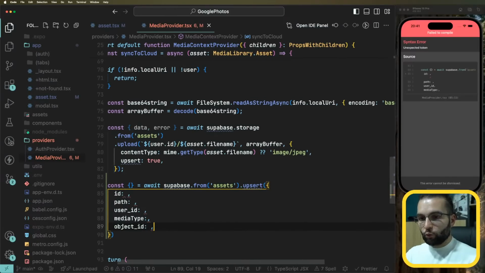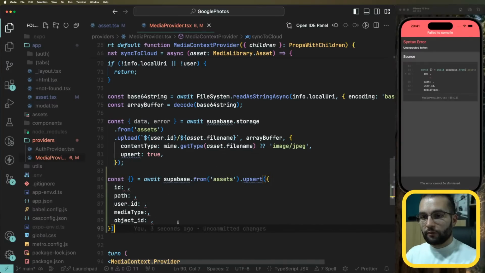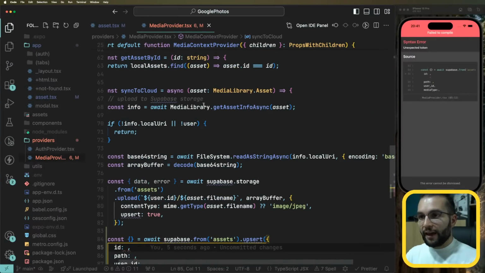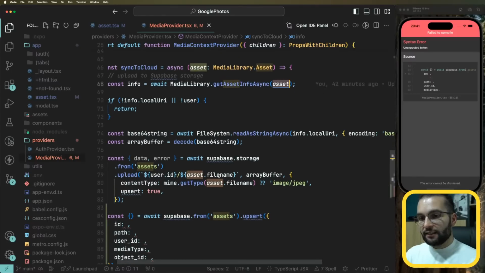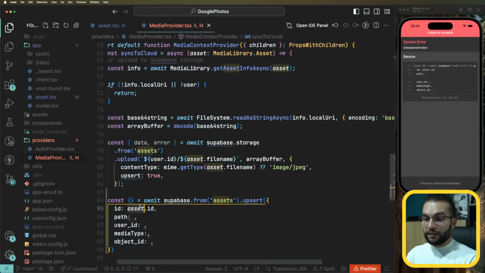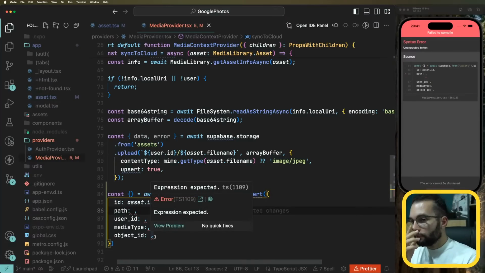So these are the fields that we need to provide. Where will we start? The ID, we said that we want to match it with the asset ID. So we have an asset, let's call asset.id. By doing this, we will be able to query based on the user asset ID to know if it's backed up or not. The path,